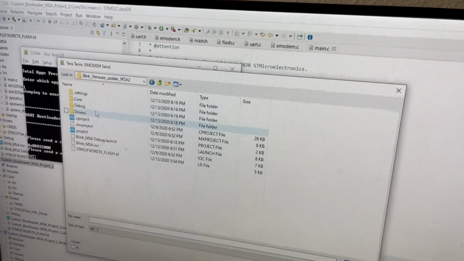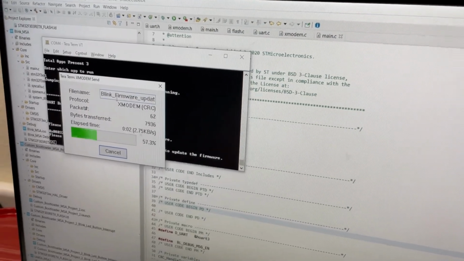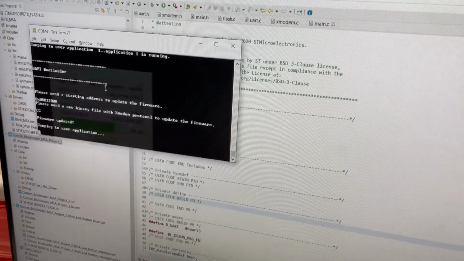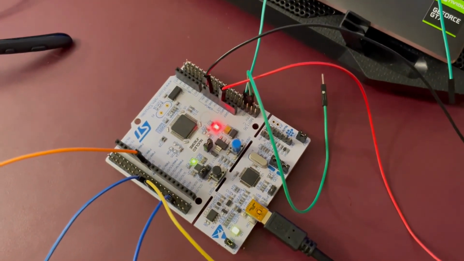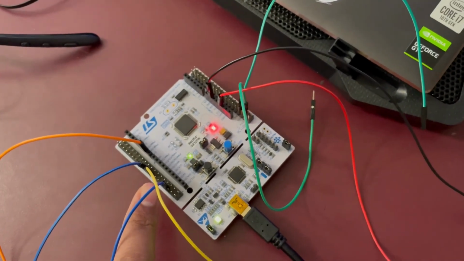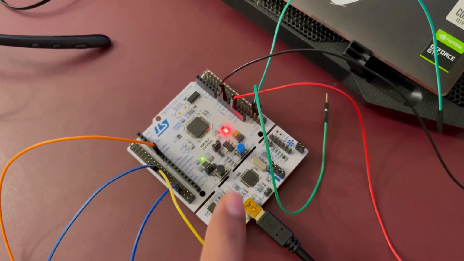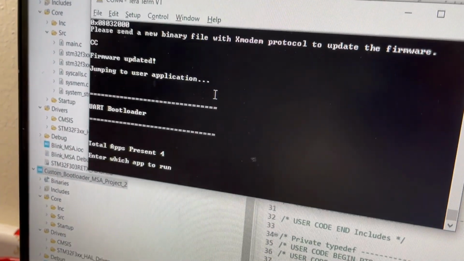So this is my updated firmware. If you see here, the first application is updated. It is toggling at a very high rate. If you just hit the reset button, it will again show which apps to run.